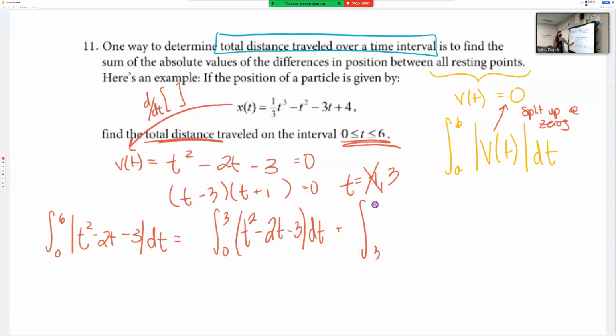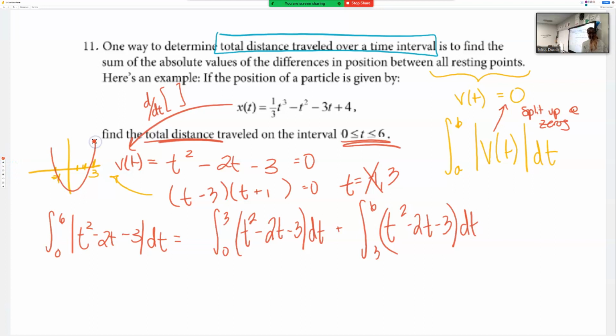WebAssign would say, hey, is this a positive part of it or is this a negative part of it? And you're like, I don't know, I don't really care. But if you can't do my cool trick of whatever, solve the integral and then add them together with the absolute values of each, WebAssign, sadly, just for you guys to know, for section 4.4, they say, ooh, but when is it below and when is it above? So they would actually graph this little guy off to the side and say, who are you? And if I would go to -1 and if I would go to +3, if I look at my parabola and see that it's concave up, then I would say that